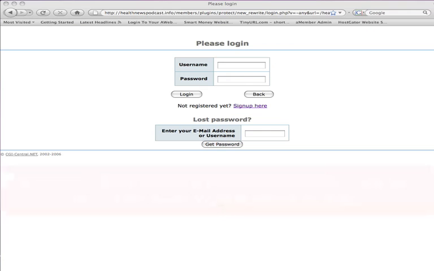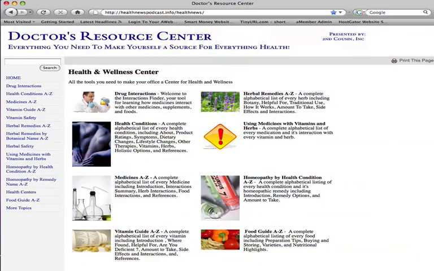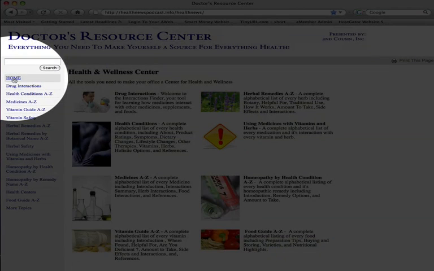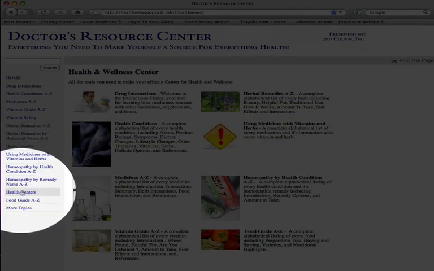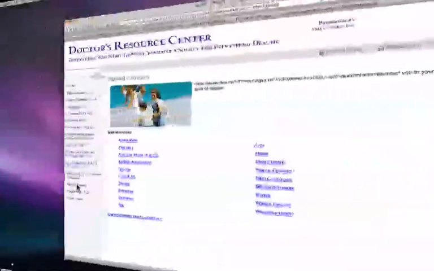So we're on the sign-in page, so what you want to do is simply type in your username and your ID, and you're going to log right into the system. Once you log in, you'll be at the home page of the Doctor's Resource Center. We're going to really go to the health centers, so if you just scroll down, home, drug interactions, you can see it yourself. Go right to health centers, and let's take a look at,